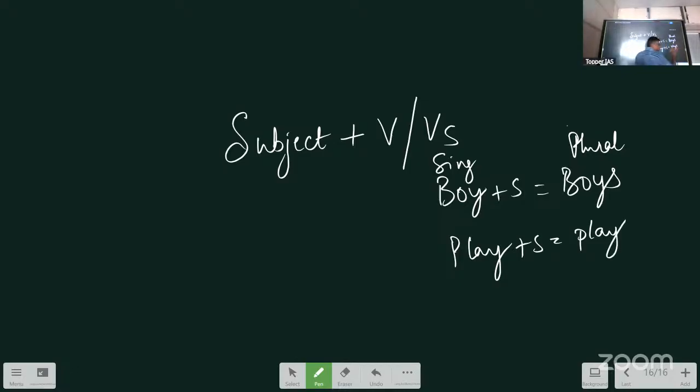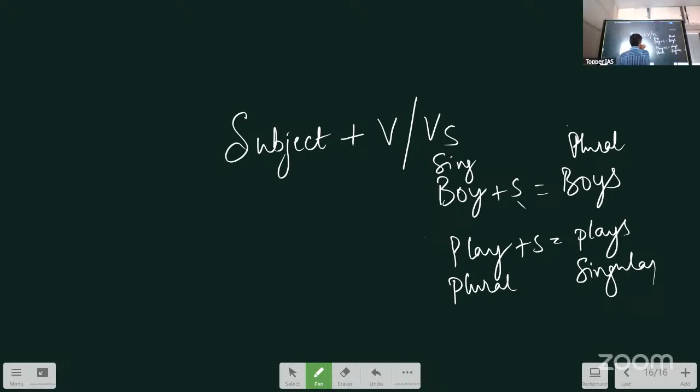But the difference that you should realize is very, very important. In a noun, for singular, you apply the spelling rule to make it plural. But in a verb, this is already plural. You apply the spelling rule to make it singular. So it is reversed. We apply the spelling rule to the singular noun, but we apply the spelling rule to the plural verb. Did you understand? All of you?